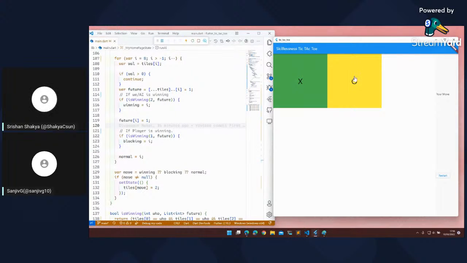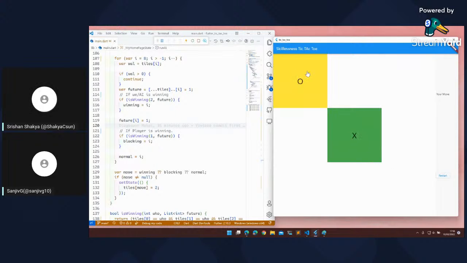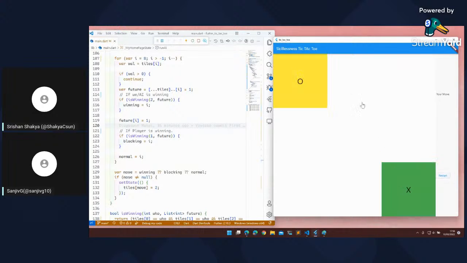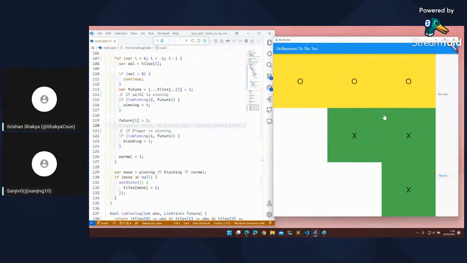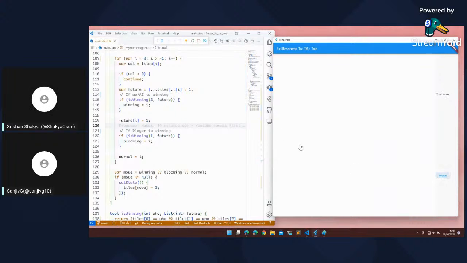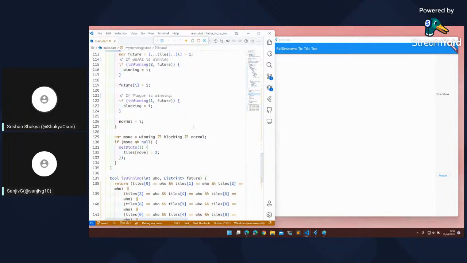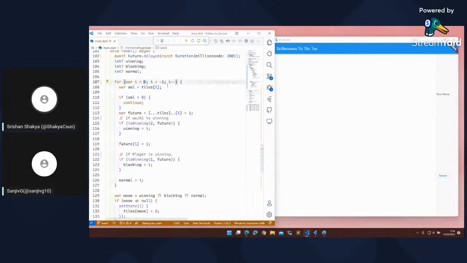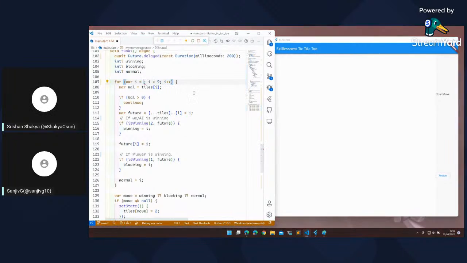So the first available square is this, so it picks that. If we do anything anywhere else, it will always pick the first one. You lost. So this is just a very simple, dumb tic-tac-toe AI. It will try to win, if not block, and then it will always use the first or the last possible square, depending on how you write your code.